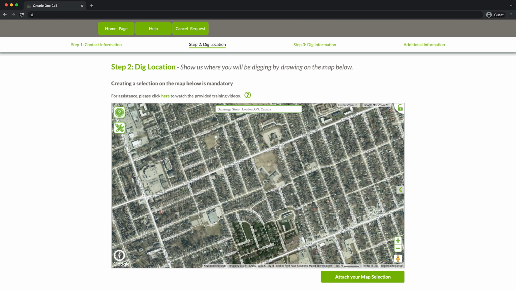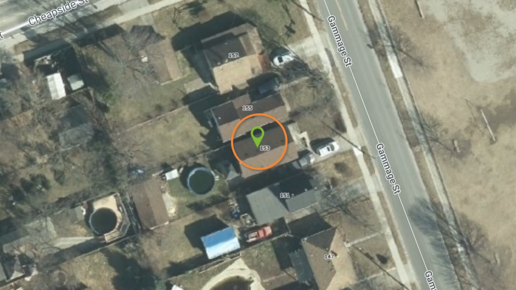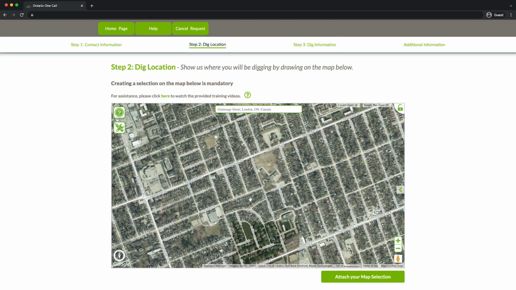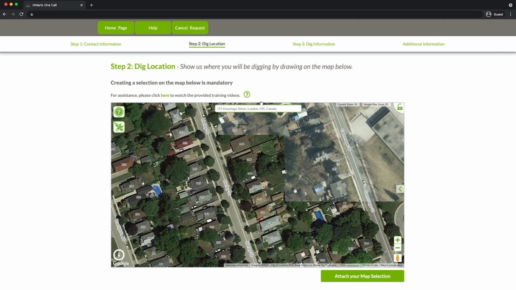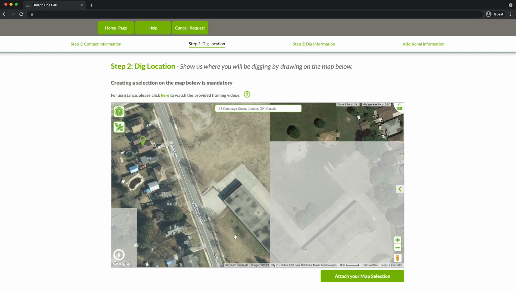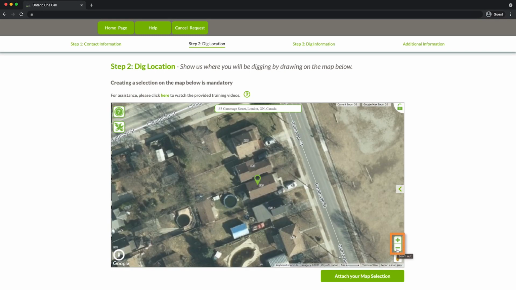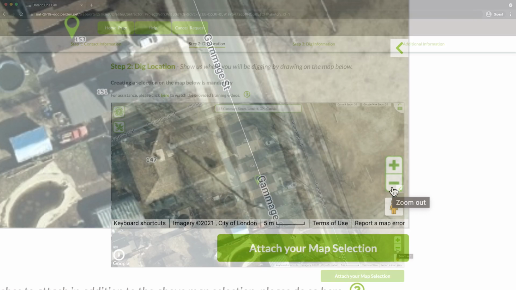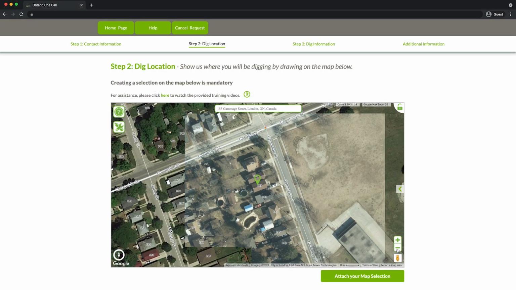Make sure to verify that the correct location has been identified before selecting it from the drop-down. The map will refresh and go to the location you requested. If a civic number is provided, a pin will drop on the map. As no address was provided in this instance, no pin will appear. Hold down the mouse button and drag the map to move around. The zoom buttons allow you to zoom in and out to get a clearer picture of specific areas on the map.